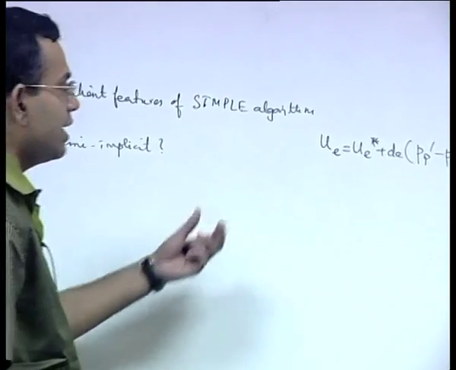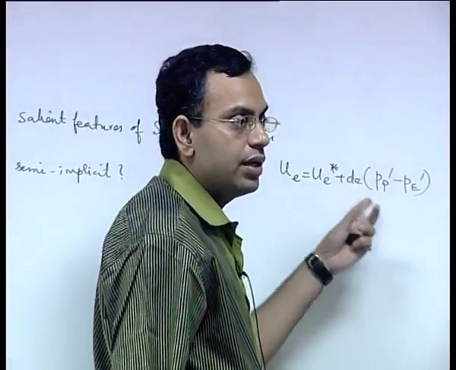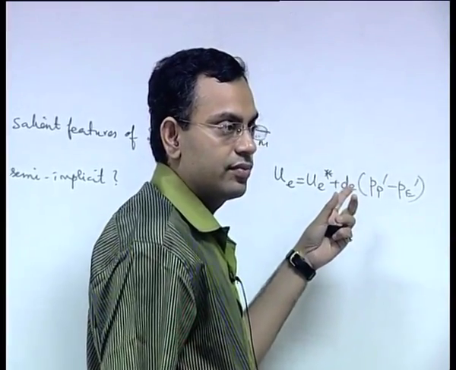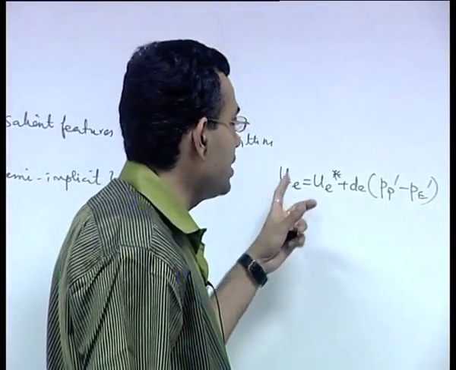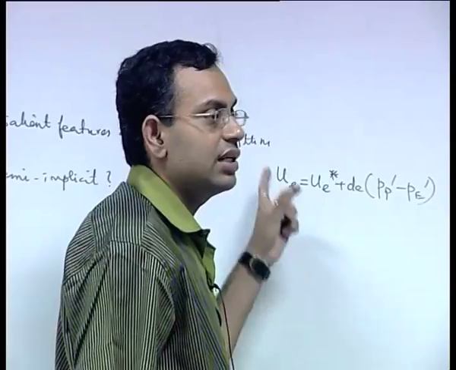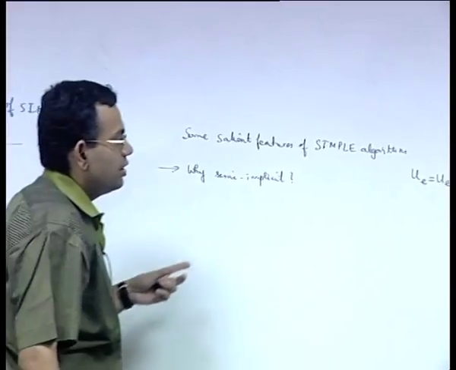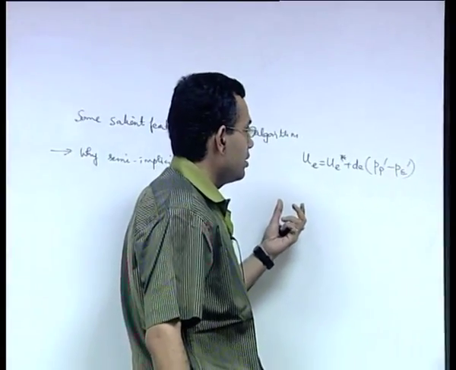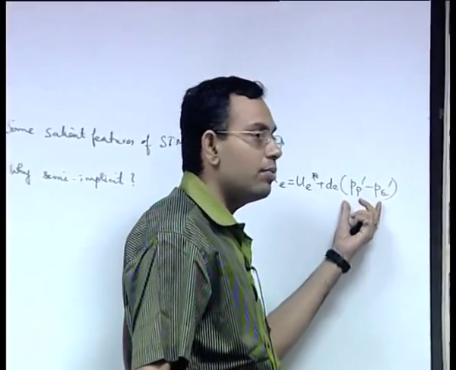So the velocity correction is a function of the pressure correction at the neighboring grid points, but not an explicit function of the velocity correction at the neighboring grid points. So in that way